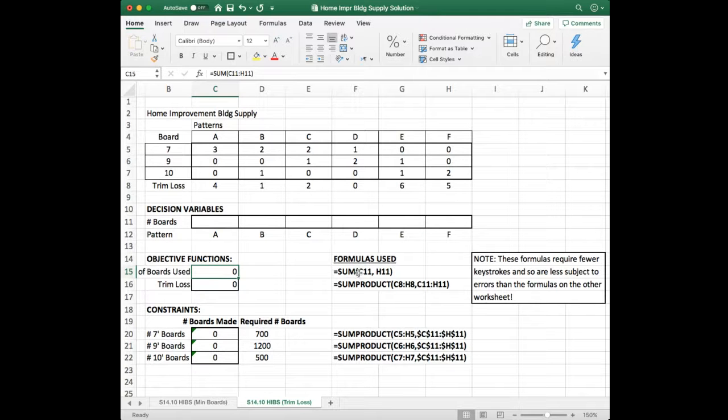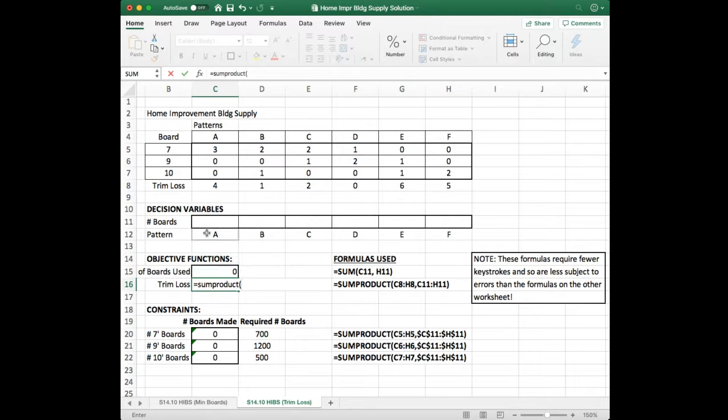The formulas that I've used are shown here, but the formulas here are different because they require many fewer keystrokes, and so they're less subject to making errors because, for example, for this function, I'm just going to use the sum function, and I'm going to sum up all of our decision variables from C11 to H11, and that's that function. Similarly, for the trim loss, rather than going step by step, I can use the sum product function,